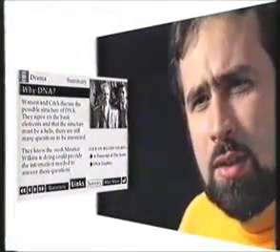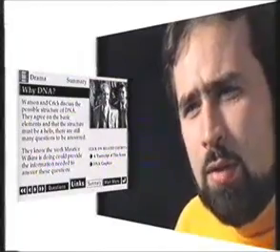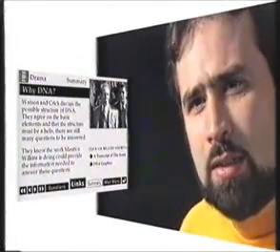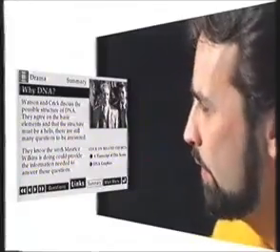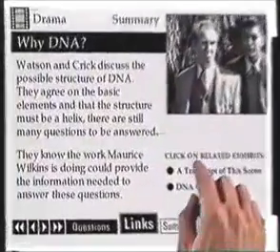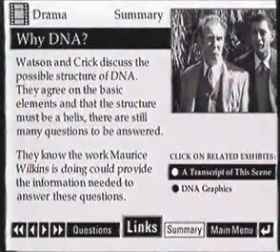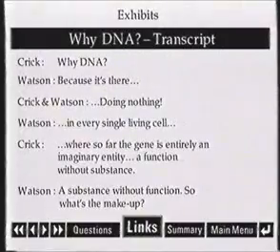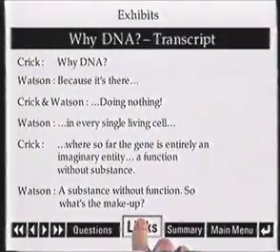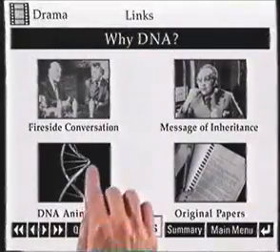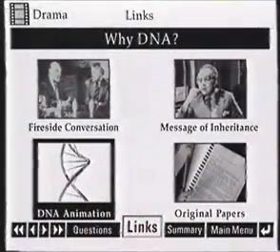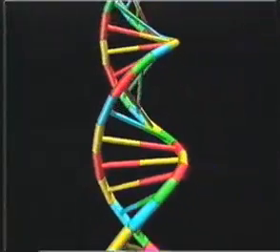This scene has piqued our curiosity, and yet there are words that I can't understand. One of the tools that this example provides is an ability to query the transcript of the scene, which allows us to select words we don't understand, such as, for instance, DNA. I am then taken to a new pamphlet of information, this time about DNA, and I can browse through animations that show me the molecular structure of DNA,